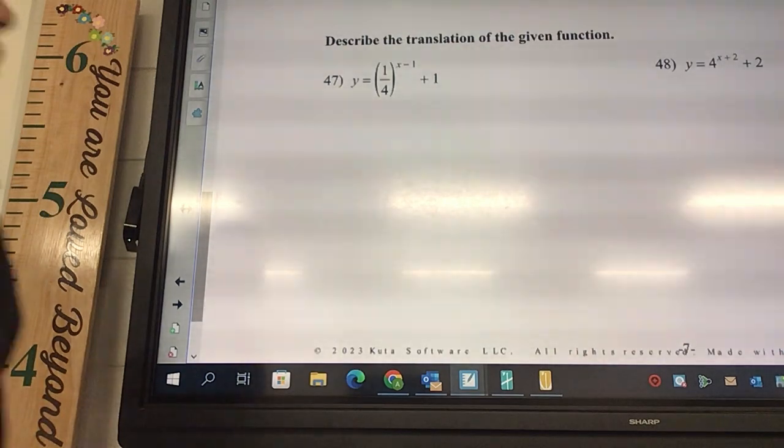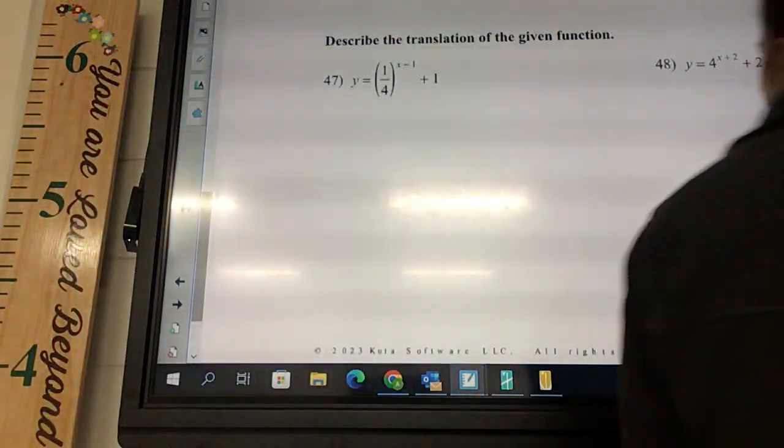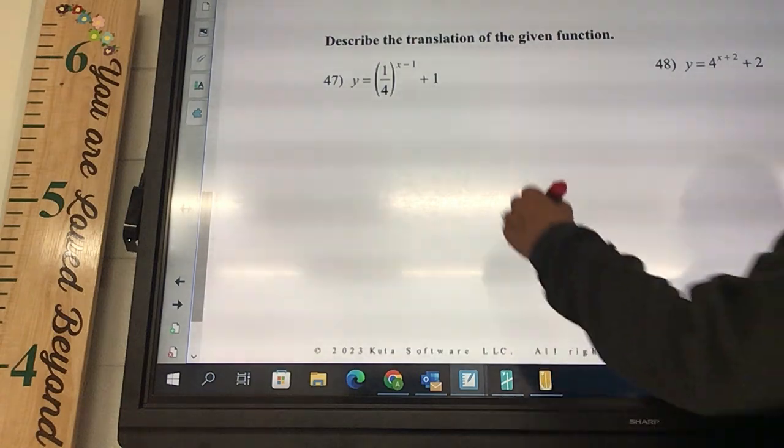Okay, it wants us to describe the translation. Okay, so,